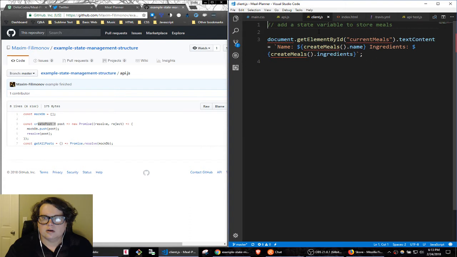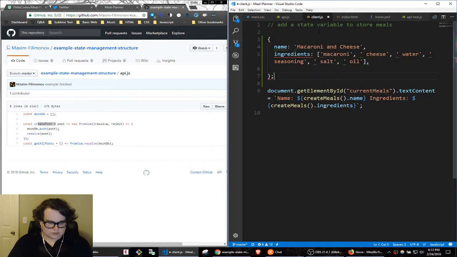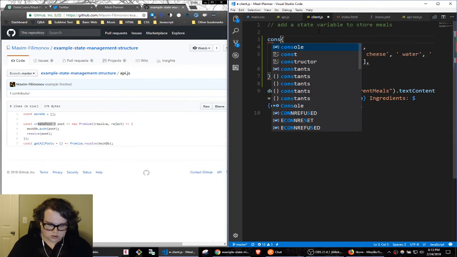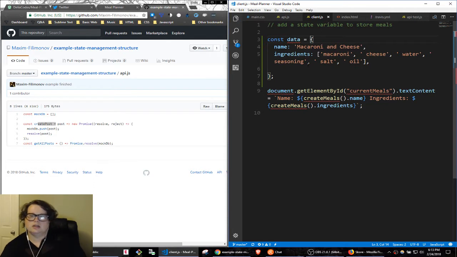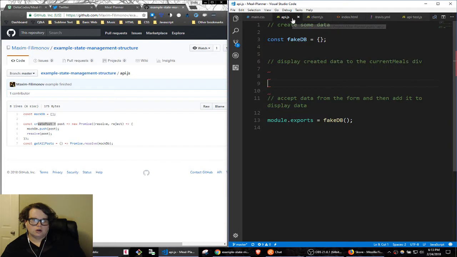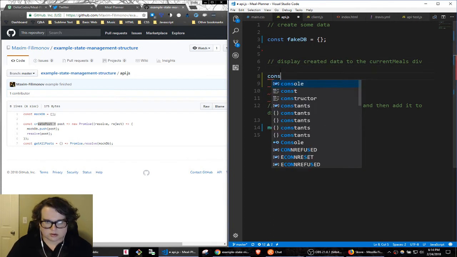In our client, we're going to have this. I'm going to create it as const data equals this right now, just so that ESLint does not go nuts. But okay, so fakedb, and then what we're going to do is we're going to say const